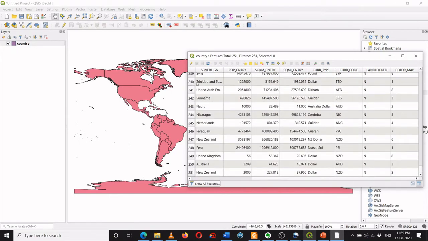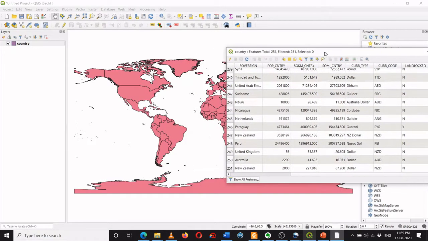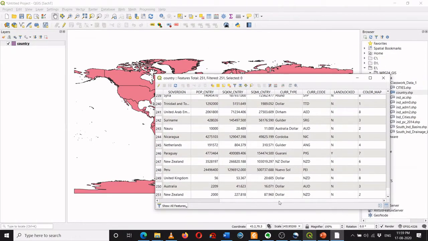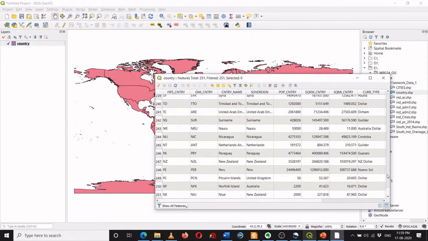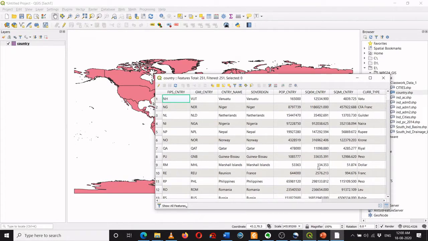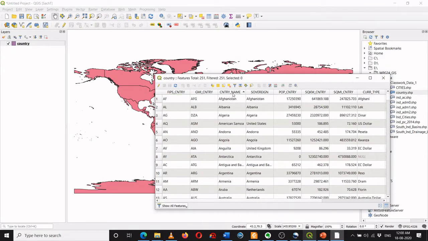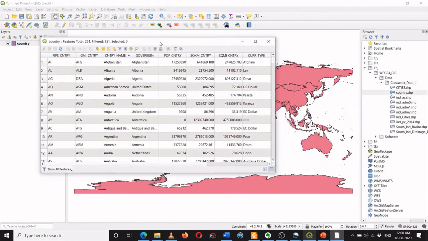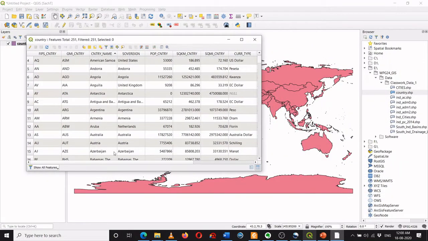So here each row is representing each polygon drawn over here in this map. Okay, and this map and attribute table are linked. That's the strength of the GIS environment. So I can play over here with the attribute table. For example, I can sort the countries by country name by clicking this. These country names are getting sorted alphabetically. And now if I, let us say, click over here, Australia.